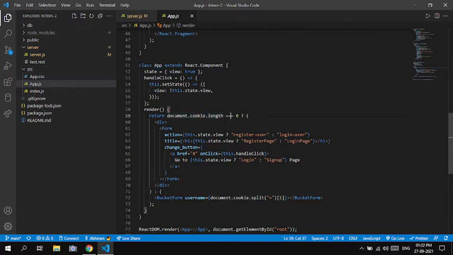If there are no cookies, it will show the normal form component, which is either a sign up or a login. And if there are any cookies present, then it will show the bucket form, where the user can enter the bucket details like bucket name and data after he gets into the portal by logging in.